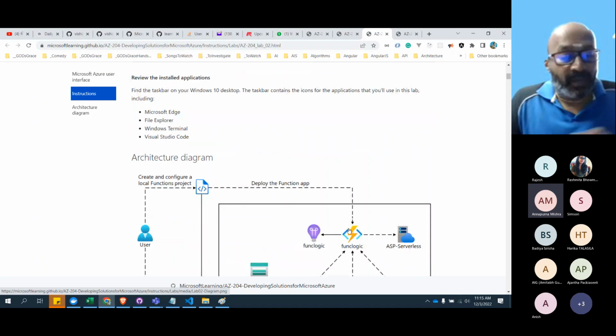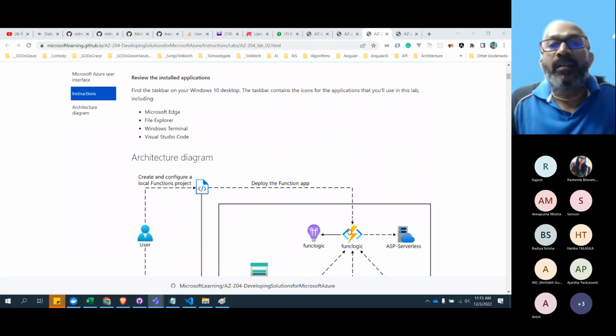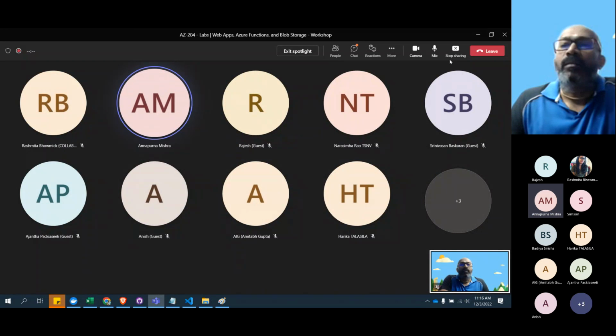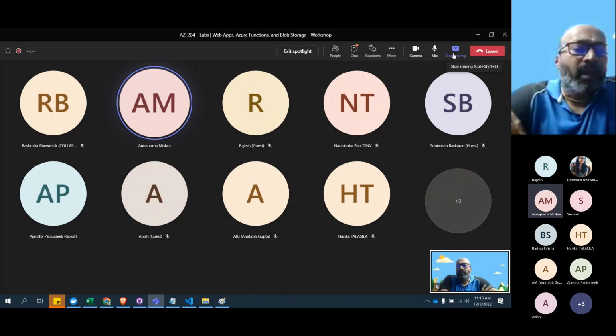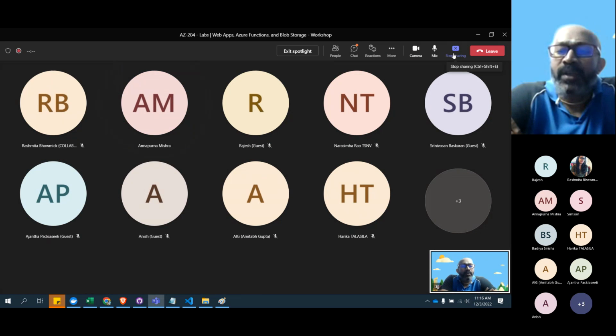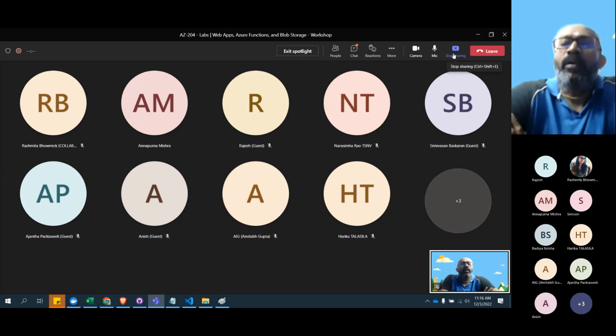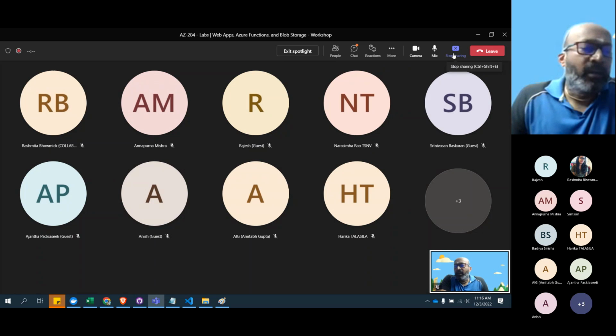Swamy, we cannot see your screen. Was it? Yes, I cannot. Or maybe it is with me or with others also. Is anyone else able to see it? I can see it. Not able to see. No. Okay, only Ajanta is able to see.